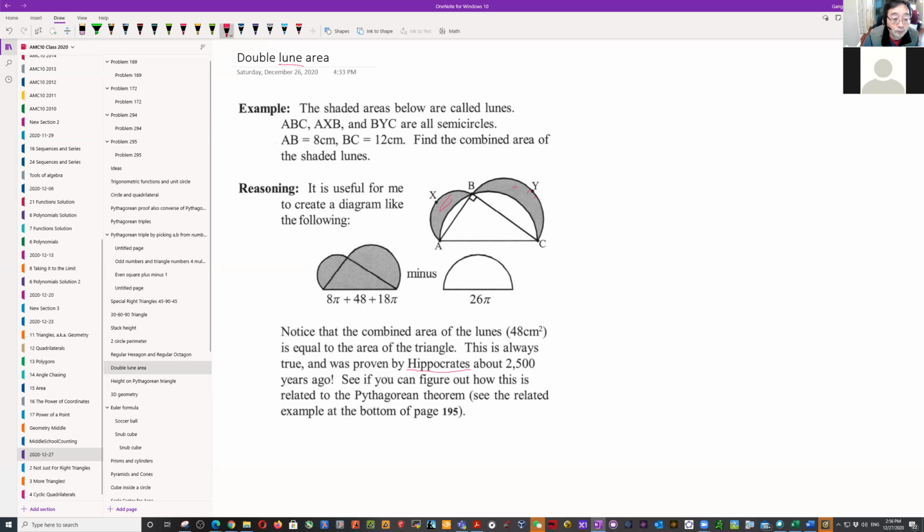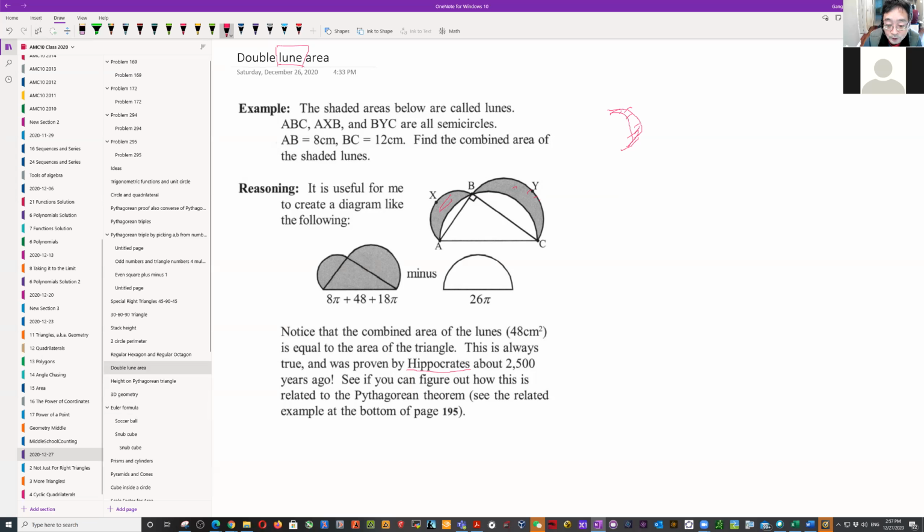A lump is just 2 arcs formed by 2 different circles, and their intersecting area. It looks basically like a crescent. So basically, ABC, AXB,